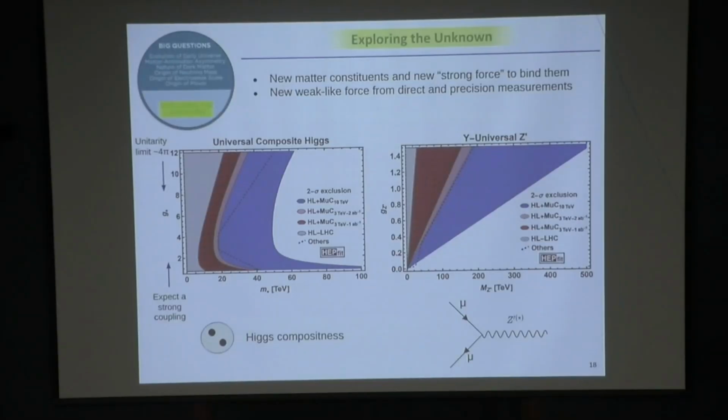And so the most obvious thing is looking for new forces. New forces like strong-like forces, so we can have composite objects, things that we think are elementary that in reality are composite and are bound by a new force. One of the most interesting examples is the Higgs boson itself, being the only fundamental particle we know so far that has no intrinsic angular momentum, no spin. It brings up the question of whether that is really an elementary particle. We had cases before in particle physics where we had particles that had no spin, and they always turned out to be actually composite particles. So is the Higgs different, or is that a composite object?